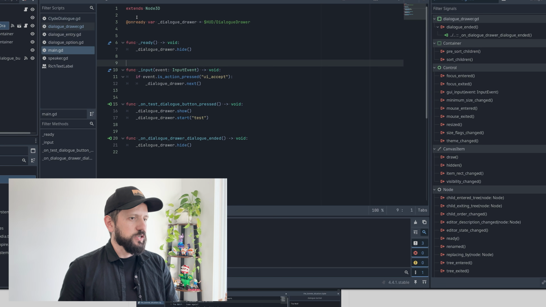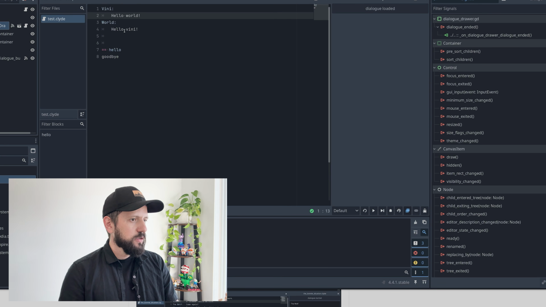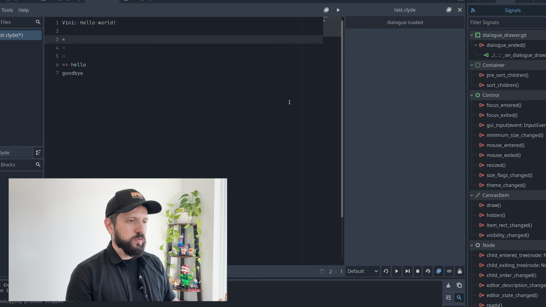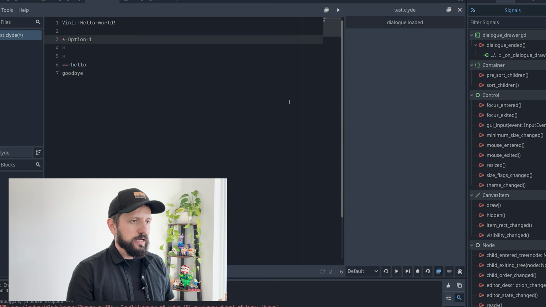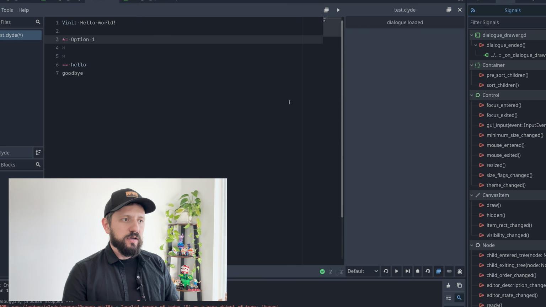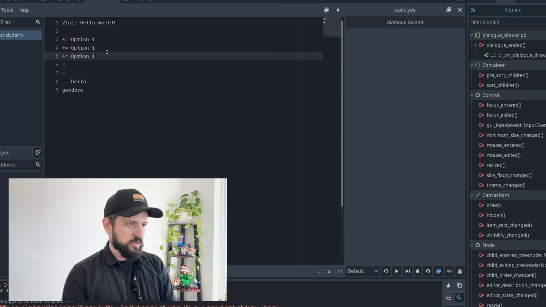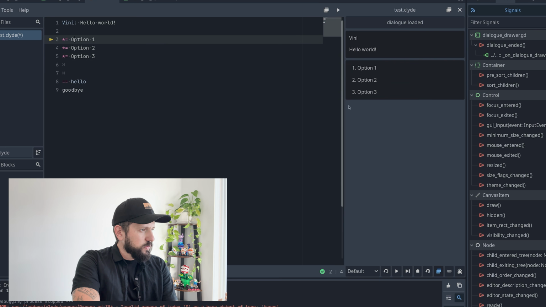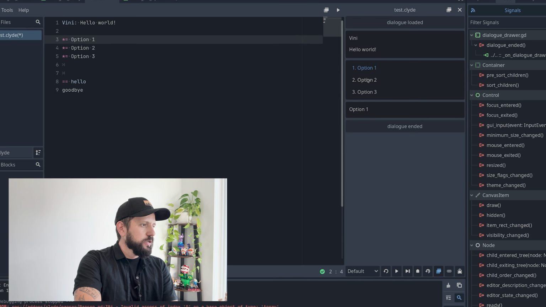Now let's add some options. Let's handle the option scenario. So the way we do options with Clyde, if you use a star, this is a regular option. If you do an equals, it asks the dialog to print the same line as an option. So let me just do this, just so it's pretty simple. So I'm going to execute here. So here I have option 1, option 2. If I click option 1, it prints option 1. Now I need to